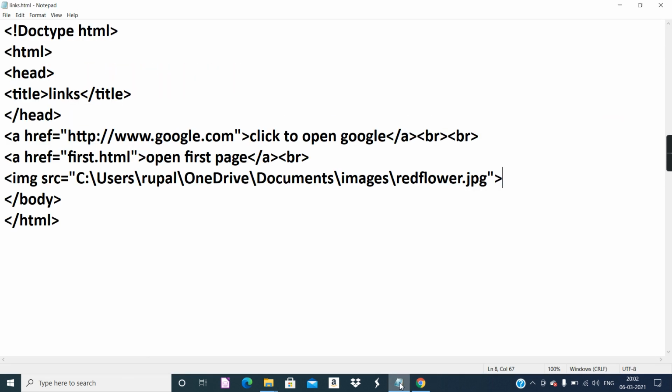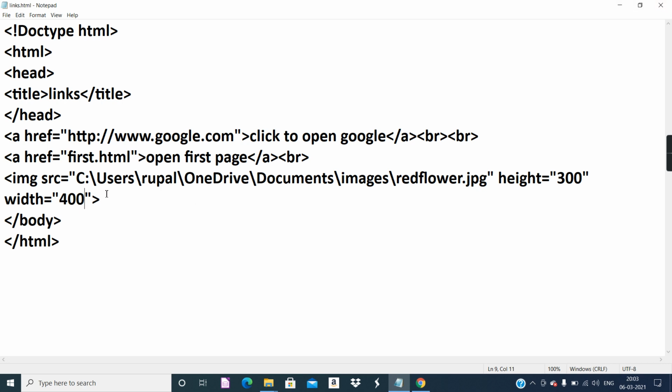This image is quite big in size. You can use other attributes of the img tag. The first important, compulsory attribute you need to use is src. The other attributes you can use are height and width. Height equal to some height in pixels, for example 300, and from this point I'll give an enter and continue in the next line. Width, maybe some 400. These are pixel values, 300 pixels and 400 pixels.